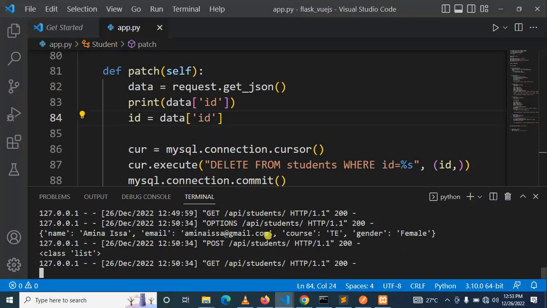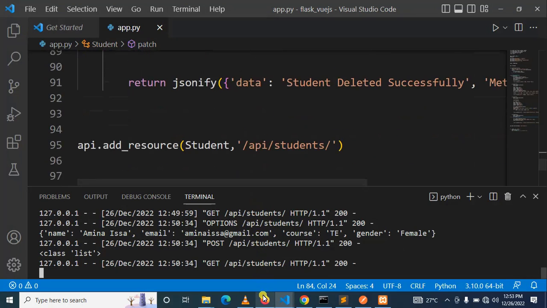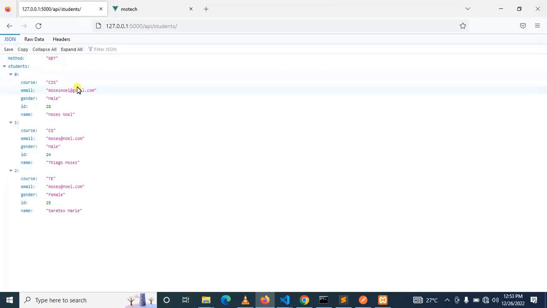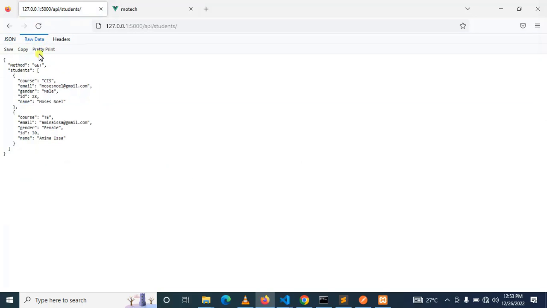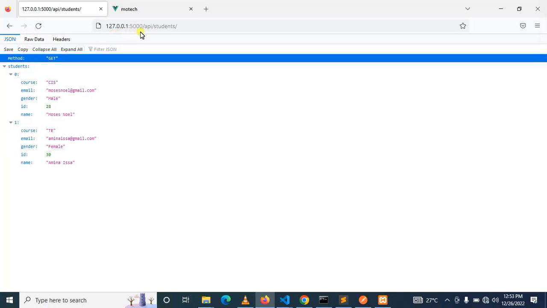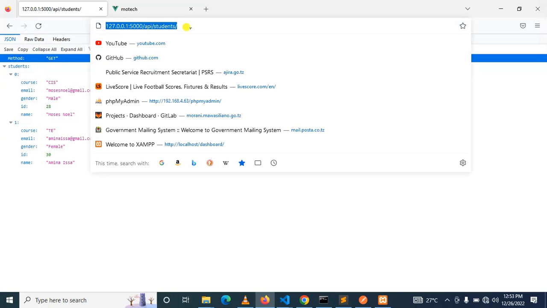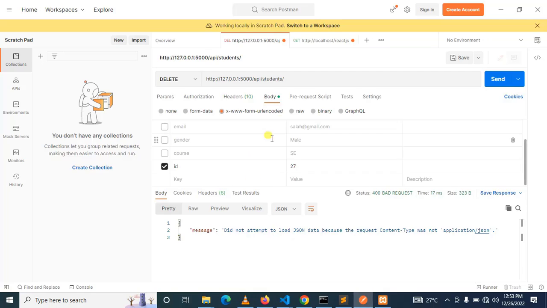let me show you how things work in the background. So this is the actual API. This is a Flask REST API, right? As you can see here on a browser, it returns data in JSON format. That's perfect. And you can actually test this API by using Postman or any way you are flexible to test